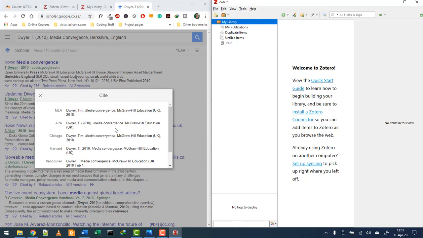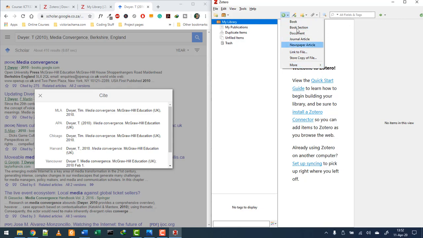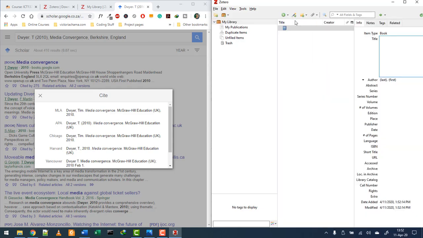So to add this reference in Zotero, I can do it using two methods. I can simply use the plus sign there and then add the kind of reference which we're adding. In this case it is a book, but I have a list of more options that are available. Since this is a book, I'll simply select book and then start typing out the information one by one. So this is media